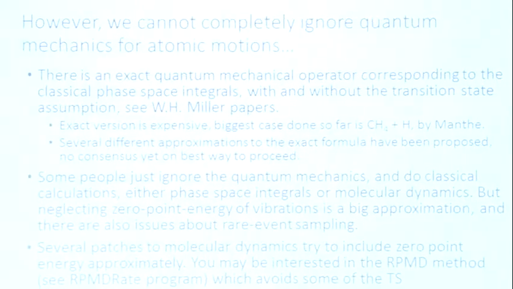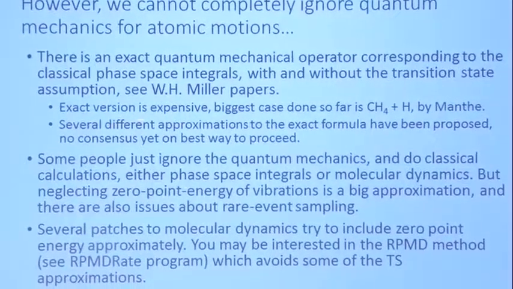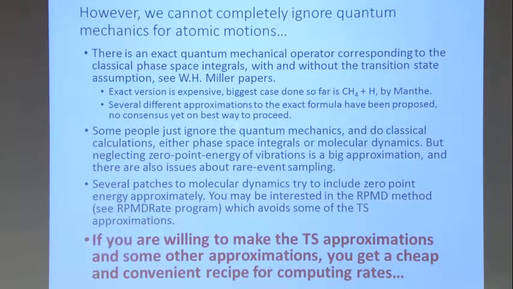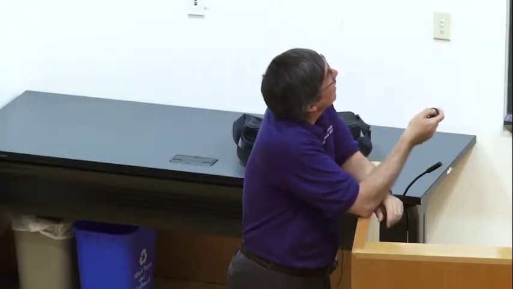But then you take his exact quantum mechanical formulation and make some little tiny approximations on it, and you get something that looks a heck of a lot like the transition state theory that we all do already. At the time the transition state theory was proposed, back in the 1930s, the connection of that to quantum mechanics was not clear at all. But now there's a very rigorous thing, and you can say exactly what approximations you're making if you're using the transition state theory expression instead of doing quantum mechanics.